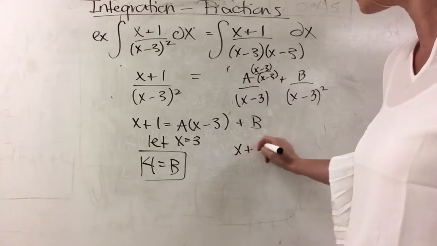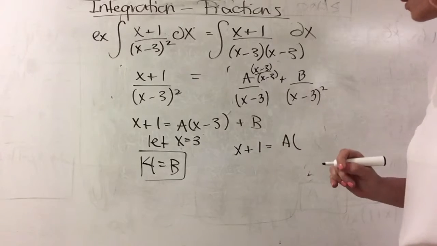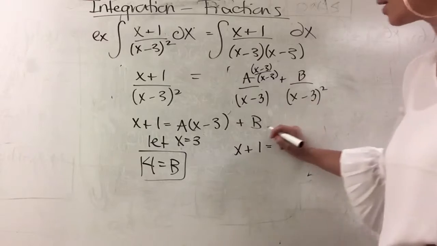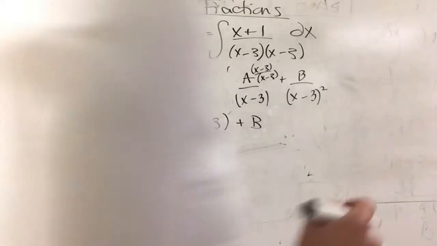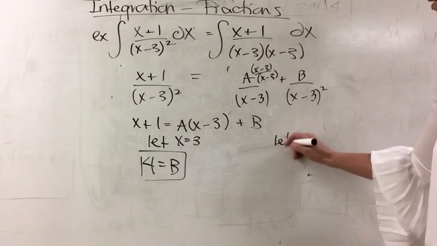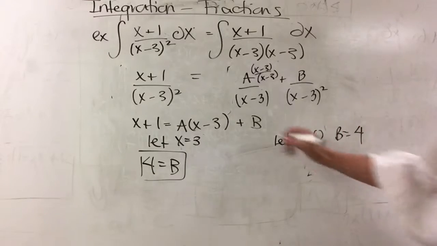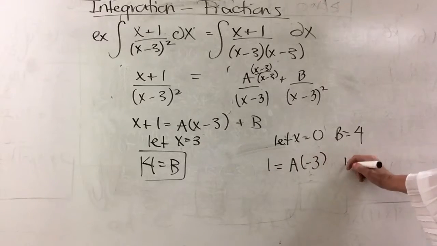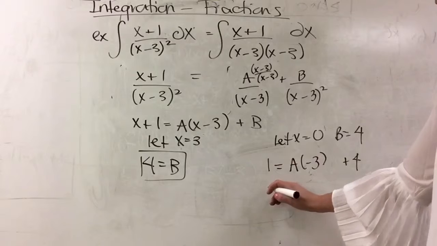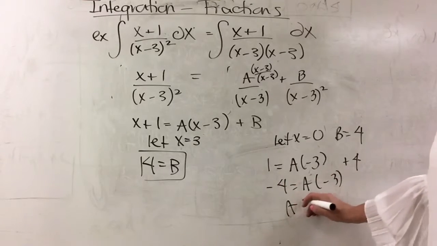So then I have x plus 1 equals A times... no, I'm not going to do that. Let x equal 0. Oh, yeah. I'm going to let x equal 0, and I'm going to use the fact that B equals 4. So I'm going to plug it back in there. So 1 equals A times minus 3 plus 4. So I'm going to bring the 4 to the other side. So minus 4 equals A times minus 3. So A equals,